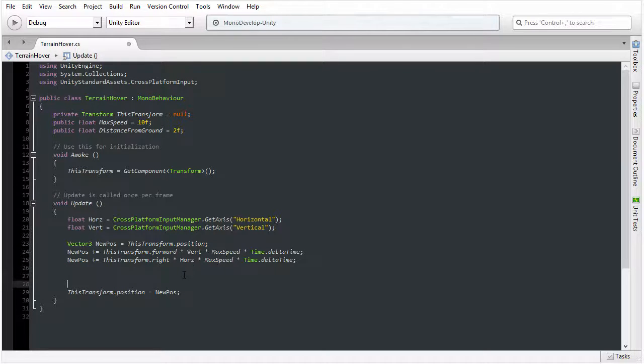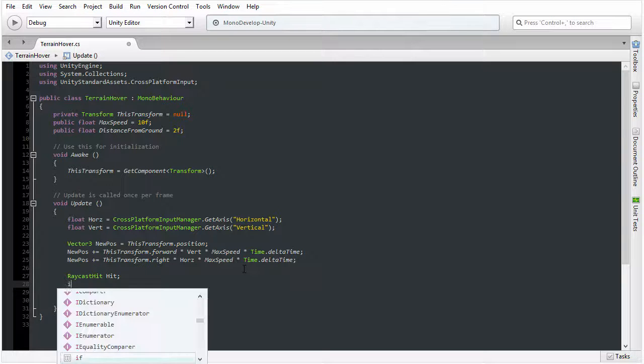And now we need to use our physics raycast. Now what the raycast is going to do is give us information about the intersection that happens in the scene. To record that information, I need to create a raycast hit structure that temporarily I'm going to call hit. Then in the next line, I'm going to create an if statement to ask the question about whether an intersection occurs at all. So I'm going to choose if